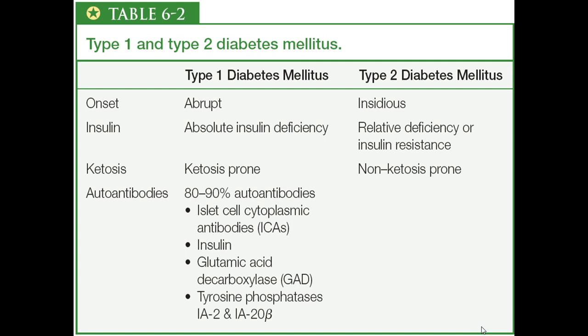Sometimes you might hear about a young adult. I've got a couple of stories. I like to tell stories, okay, sorry. In the ER, a newly married husband brought his new bride in, and he couldn't wake her up. She was almost comatose, and her glucose was about 1,200. Remember, under 100 is normal. No history. So I guess getting married was very stressful, and she developed it that quickly, almost overnight.